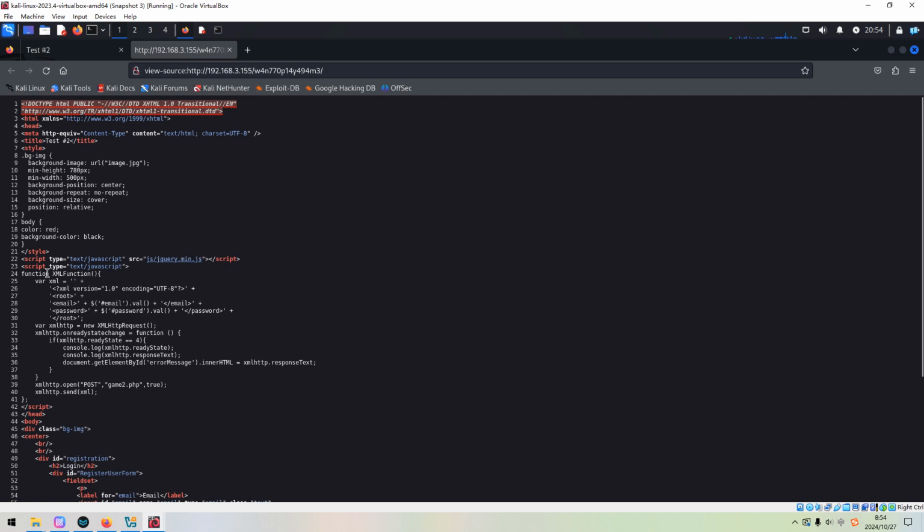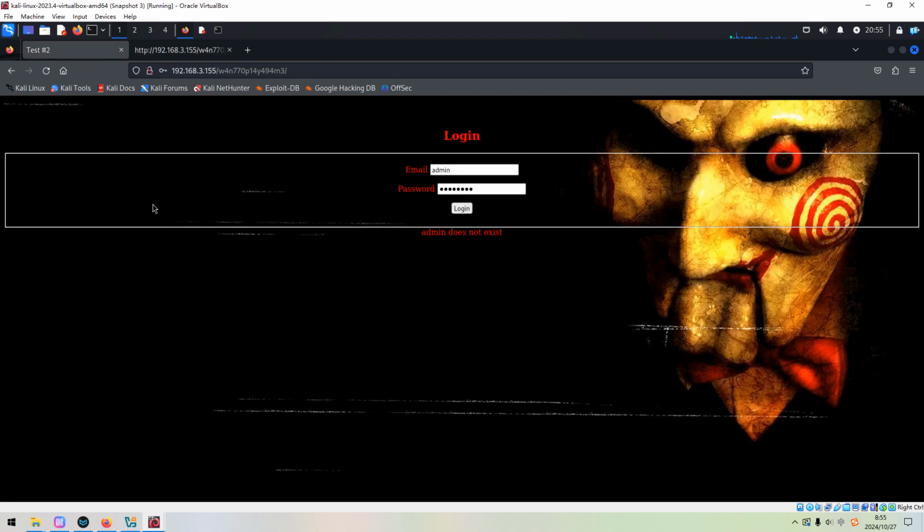This has some JavaScript, has one function, XML function. So maybe this web application is utilizing XML to transfer data between the client and the server. Also, if you want, you can try to use sqlmap to test whether this page is vulnerable to SQL injection, but I don't think you can find it, because I already did when I did the machine the first time.